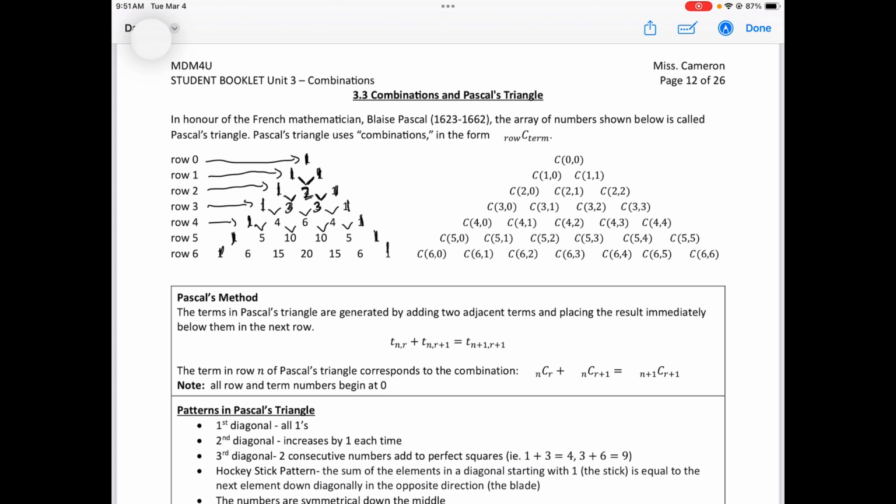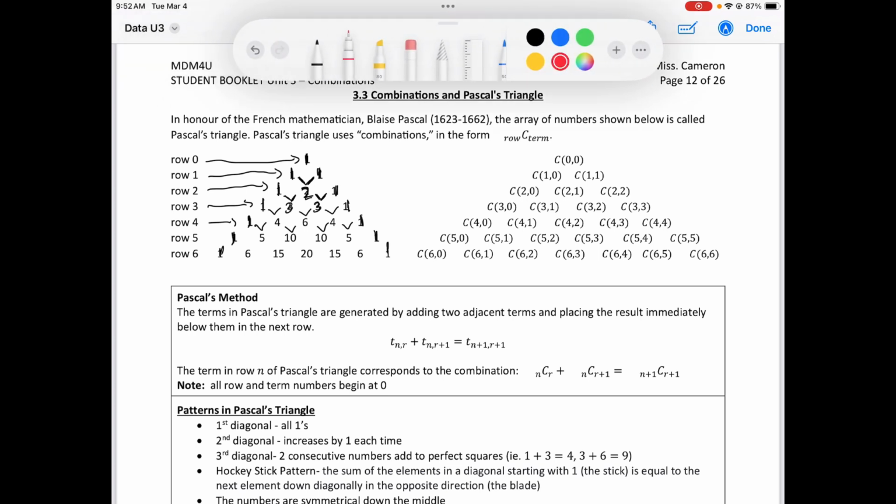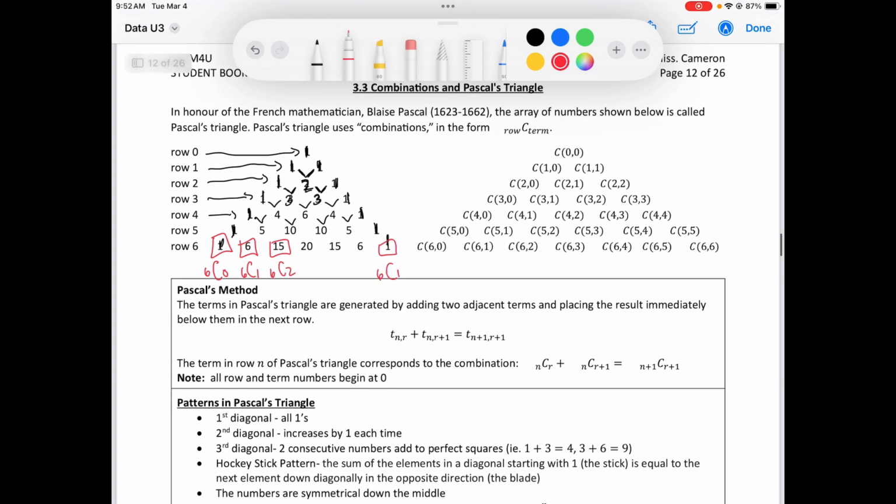Then what we'll do is we'll call, for example, this term row 6, choose term 0. This term is row 6, choose term 1. This one is row 6, choose term 2, and so on, all the way until 6 choose 6. If you put 6 choose a term number into your calculator, it will punch out the entry in Pascal's triangle. So Pascal's triangle is generated by adding the two adjacent terms and placing the results immediately below them in